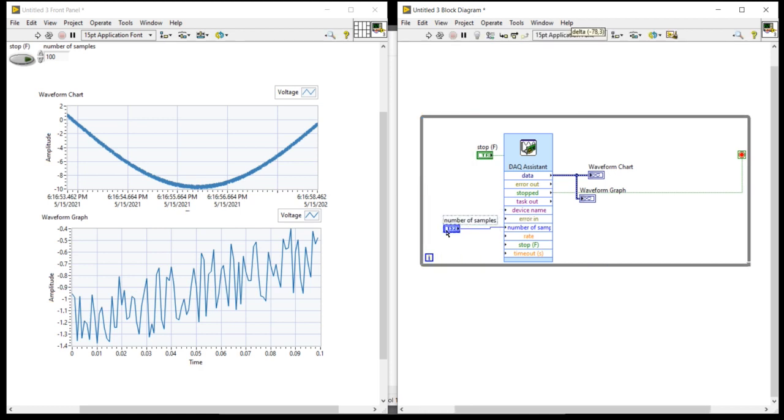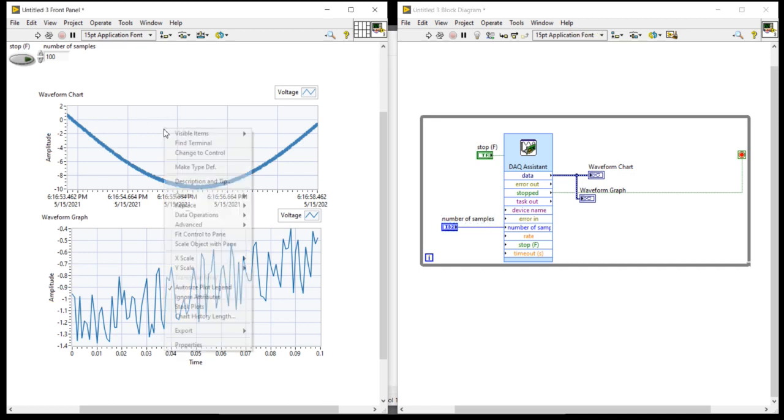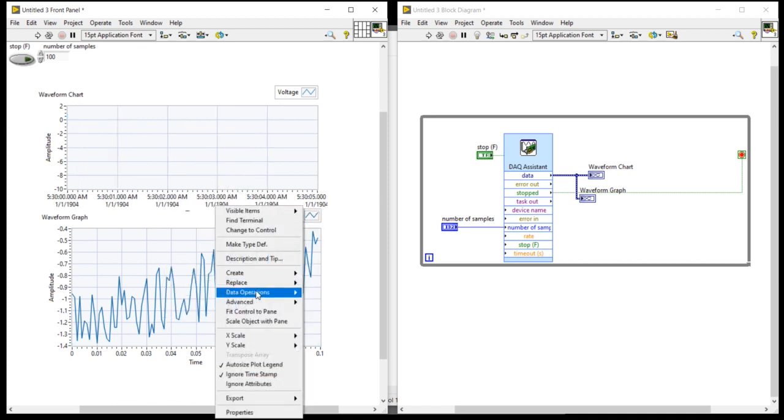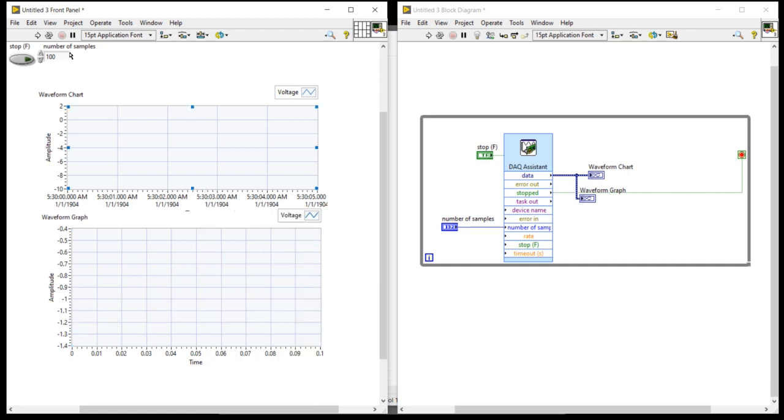Here I want to acquire 10 samples only. Let's see how it will look. Before that I am going to right click, data operations, clear chart. Clear graph. The number of samples will be 10, and run the program.